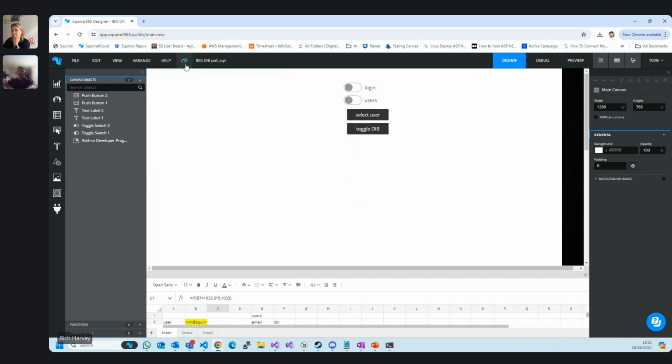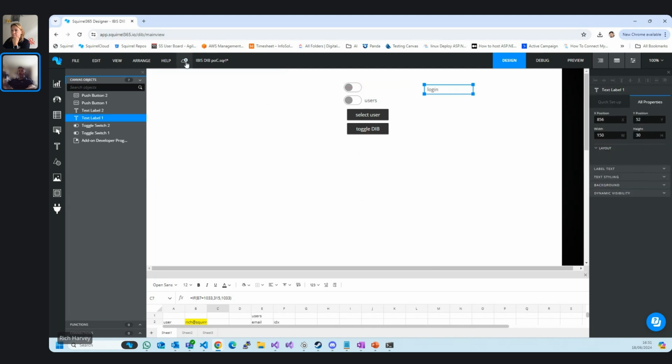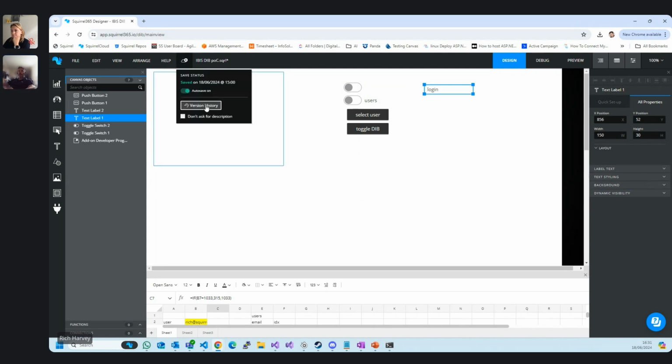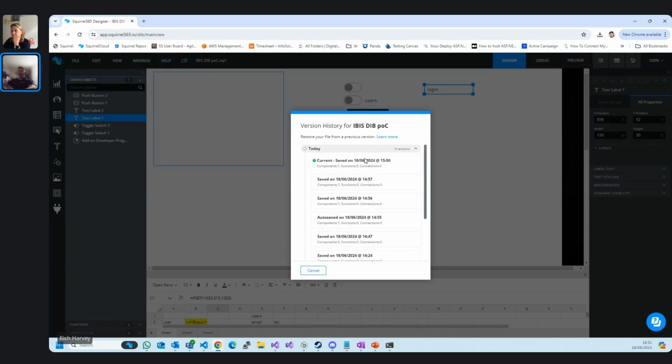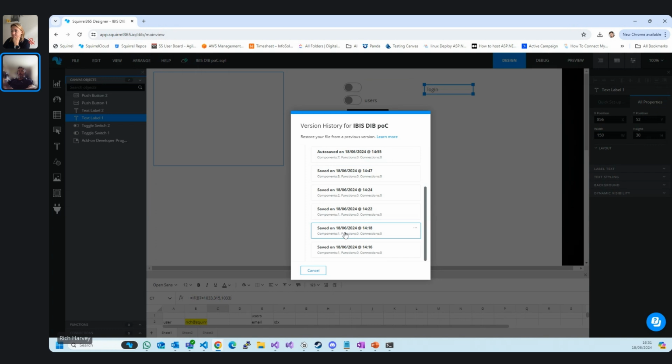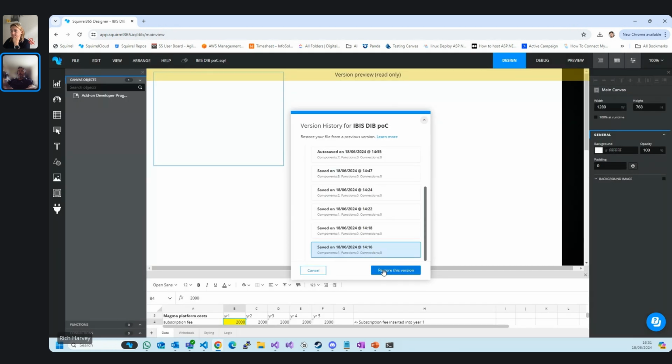If I click on the little cloud icon, the green tick there means that I've got no unsaved changes. If I move, let's say, that box around, you can see it's identified that there's an unsaved change. But what I can do is click on the cloud. I've got my autosave turned on. I click on my version history, and I can now look at all the previous versions that I've made today. And I can choose to go back to a previous version, so go back to the very first one,